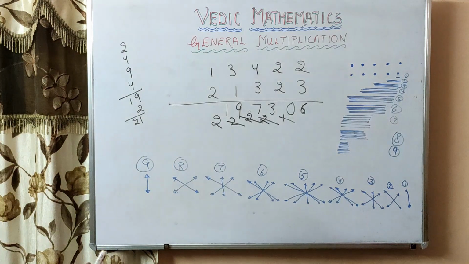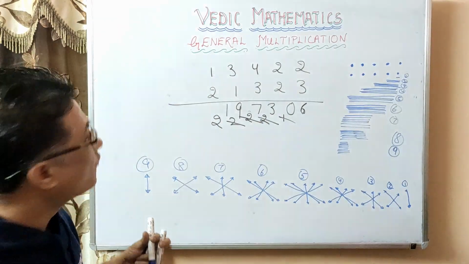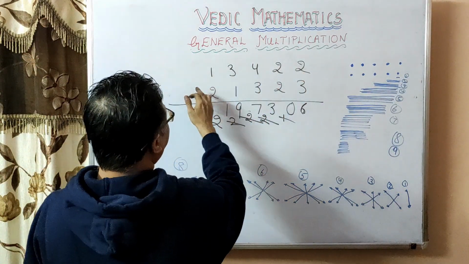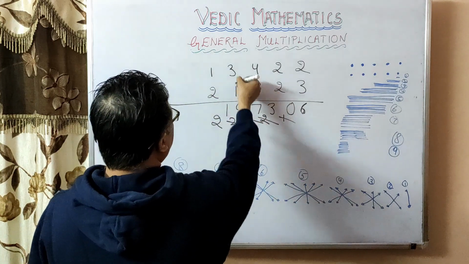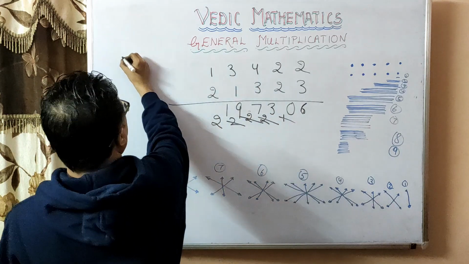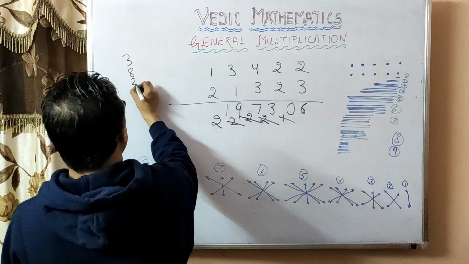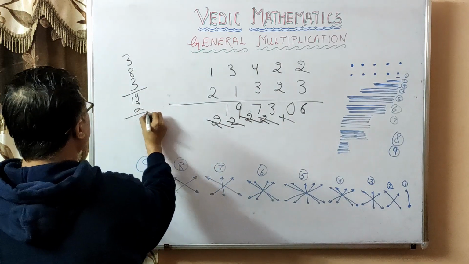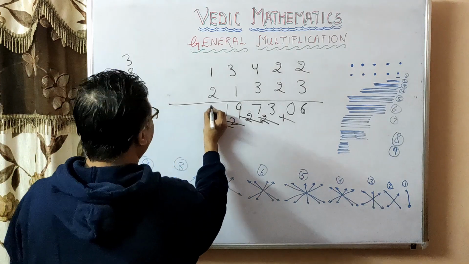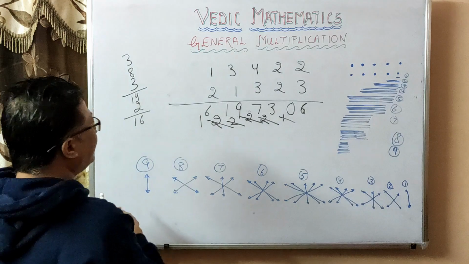Now we come to our 7th step. So in 7th step, what we'll do is we'll remove this also. Only these 3 remain. 3 1s are 3, 4 2s are 8, this is 11 and 3 1s are 3, this is 14. 2 is carried forward. So 14 and 2 is 16. So I will write 6 here. 1 is carried forward.